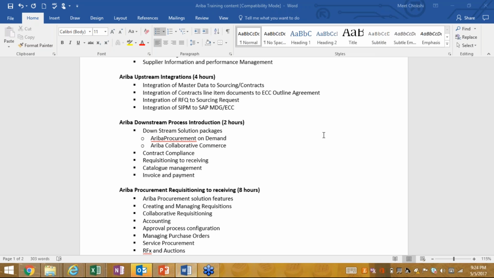So let's talk about MM and Ariba, right? What is your background? Sorry, Ramakrishna, are you SAP MM? Yes, I am from SAP MM and WM background, Ashok. Yeah, when we look at MM, we have so many business scenarios. Like when you look at MRP, or the outline agreements, or the special procurement like subcontracting, consignment, and STOs. We have different scenarios.